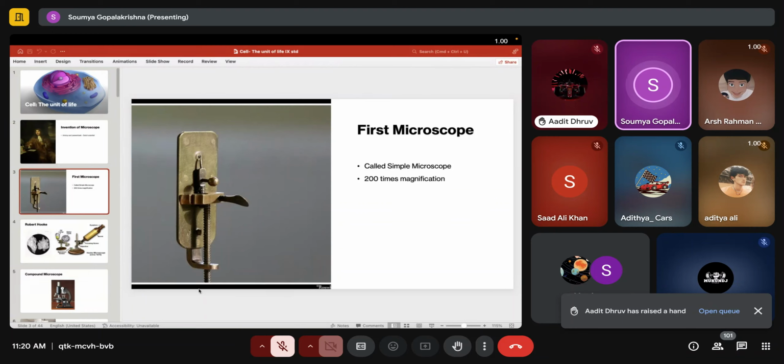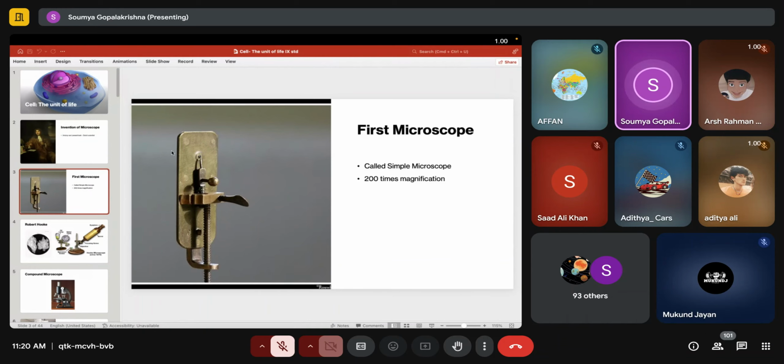So you can see it's just a brass plate like thing, okay, which is flat. And then you have here, this is a place where you keep the object, whatever specimen you want to see, you keep it here. And here is the lens, okay? So you hold it in front of your eye like this. You're viewing from either side. And this stand where you keep the object is fitted with a screw. When you turn this, the stand comes up and down. Okay, this is moved up and down, so to bring it in line with the object, so you can view it.